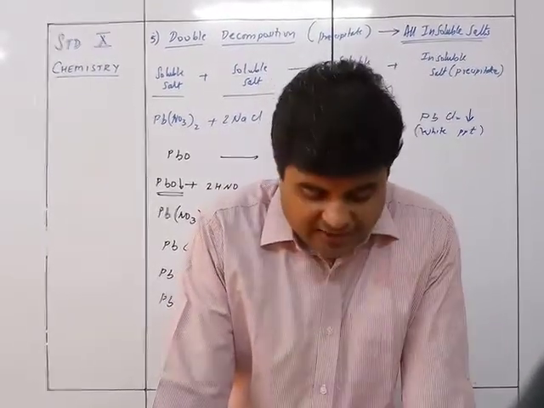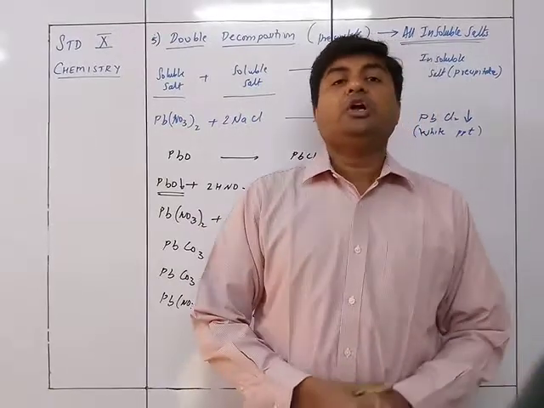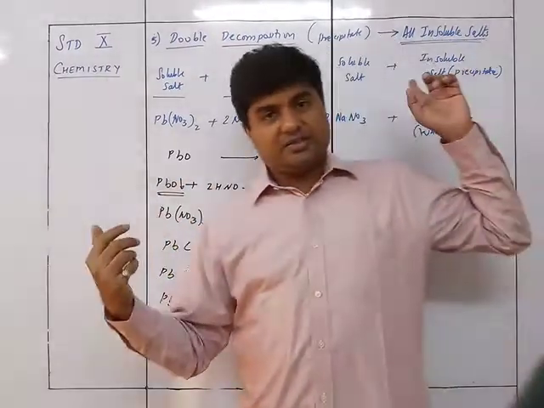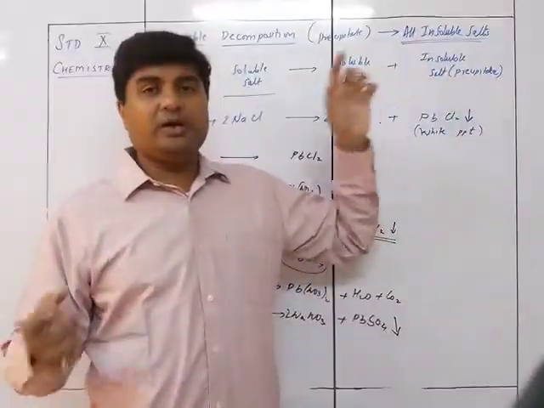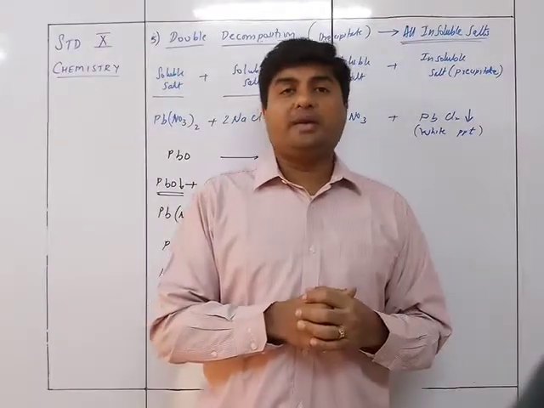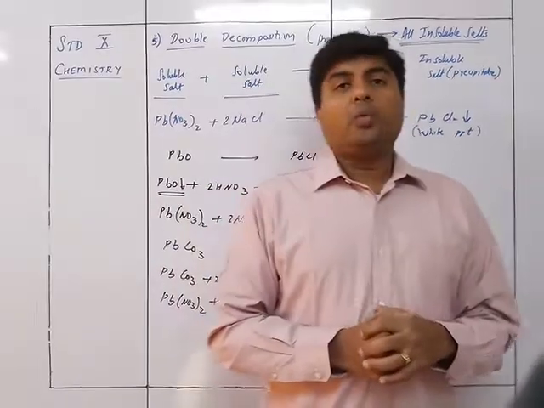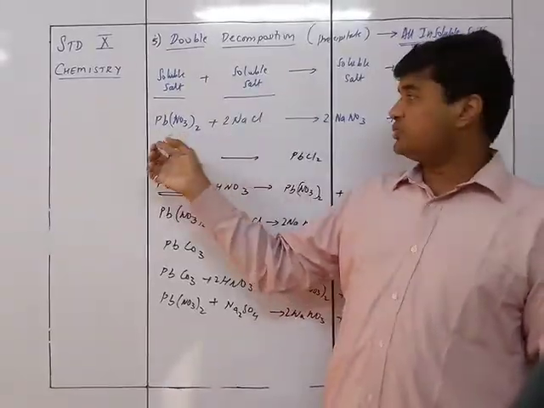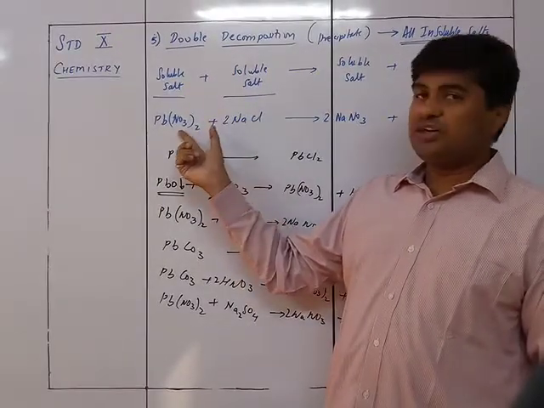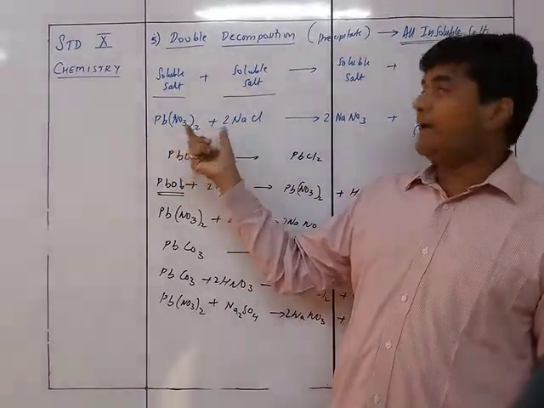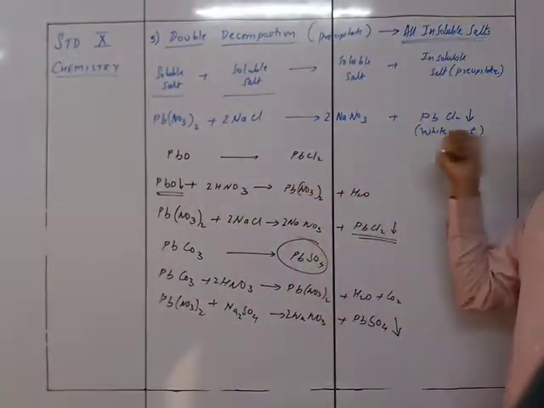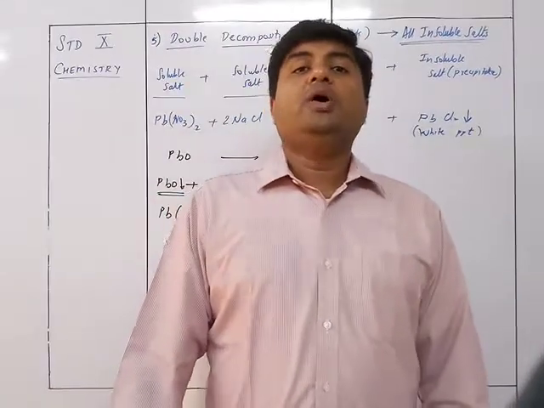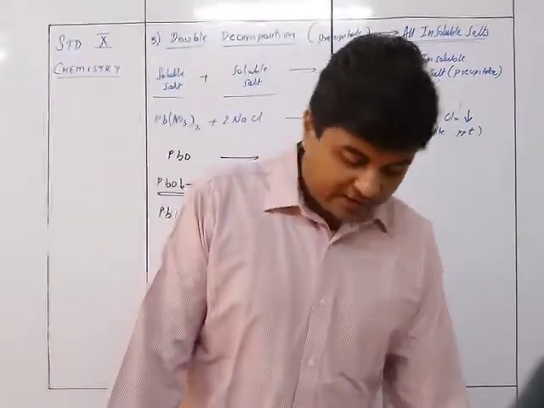Finally is the double decomposition reaction, which is a precipitation reaction, in which you use the property that a soluble salt with another soluble salt gives another soluble salt and an insoluble salt. So here a precipitation reaction and also a double decomposition reaction take place, in which the stronger combines with the stronger, and the weaker with the weaker. Na strong, NO3 strong, and Pb weak, Cl weak compared to these two. Accordingly, we get NaNO3 and PbCl2. PbCl2 is a precipitate, hence it is a precipitation reaction, which is a kind of double decomposition reaction.